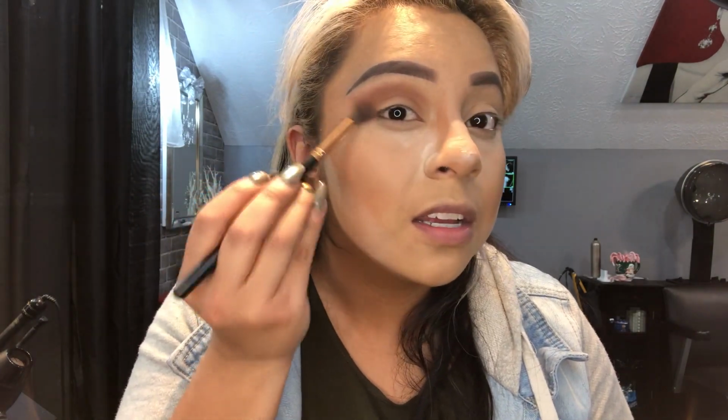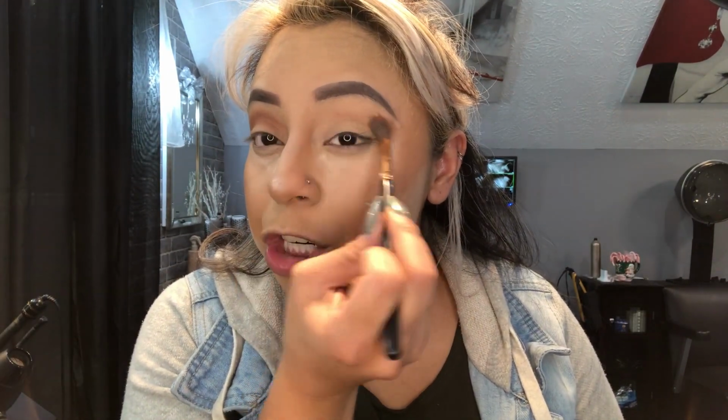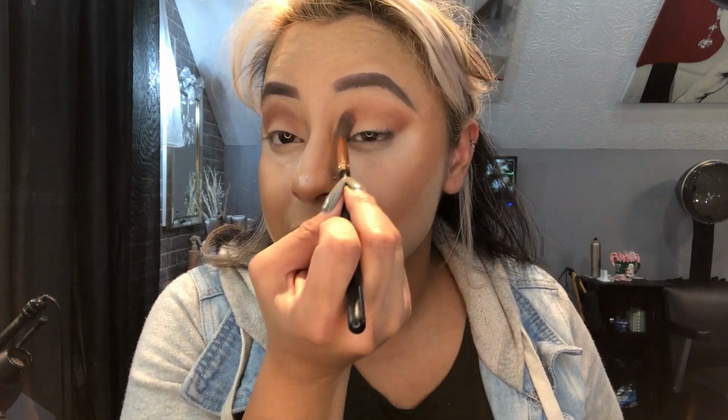I go into a V because I like the way it makes my eyes look longer, so I like to elongate my eyes honestly. That's why if you see me most of the time, you'll see me with cat eyes, because I like to elongate my eyes because I feel like sometimes they're too big. So I like to slim them down and then elongate them. That's why if you see me in any pictures, all my eyeshadow always comes out into a big out V-like shape. And that's honestly how I also get my eyeliner to look, so I can elongate my eyes a little bit more. So again, just barely put it on there and go back and forth until you get a very subtle